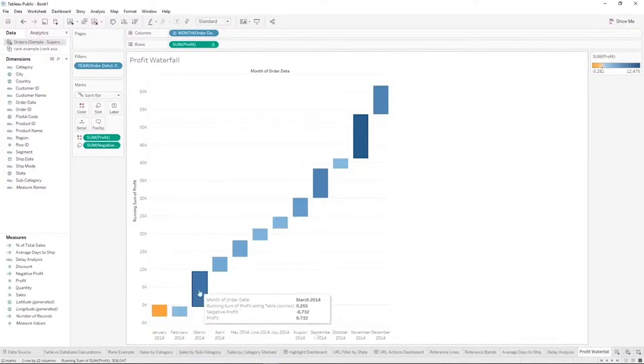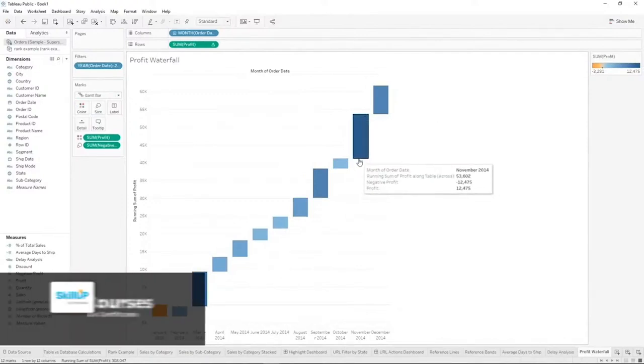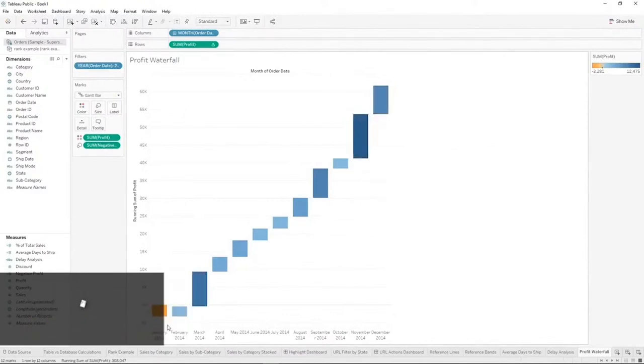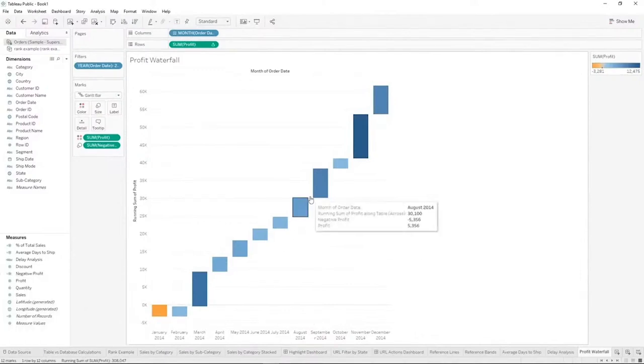And then we can see that from there on out, we grew each month, and you can see how much each month contributed. Our biggest contributors are November and March, November being a little bit bigger. And you can see where we started at the beginning of that month and where we ended. And that's how a waterfall chart works. So it lets you go through over time and see exactly where our problems were,